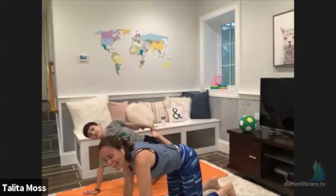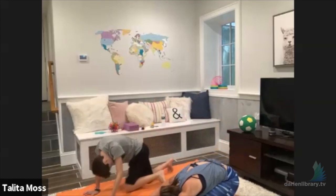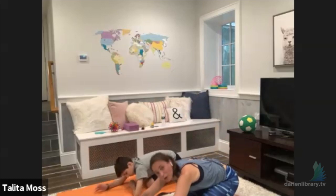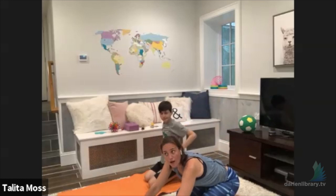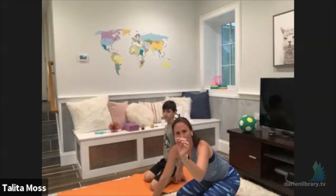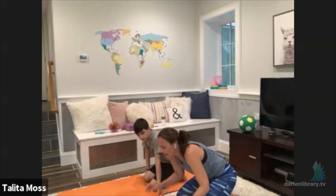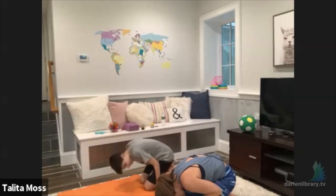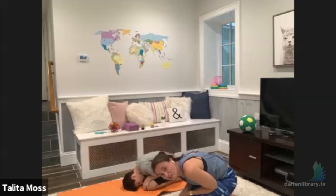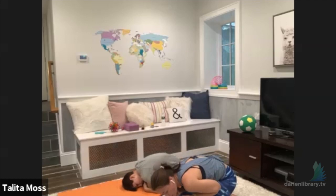Nice work. And you can sit back for a moment again. Do the child's pose. Let your forehead rest. And from here, we're going to become, how about we become a little seed on the ground? So pretend that you're a little seed of a flower and you're tiny, tiny, tiny on the ground. But the sun is shining, there was some rain, so you got your water and you got your light and